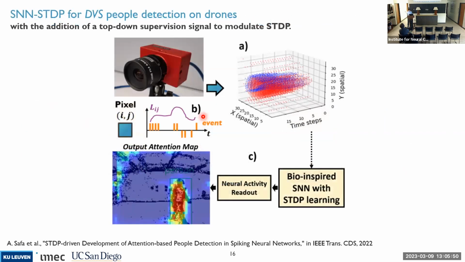So first, let's address the people detection approach that we adopted with SNN SCDP. This is the blueprint of our system, really. We have event data coming into this SNN SCDP system, followed by a neural activity readout. So it is a bit the same as the linear SVM that I showed you for the classification. So we need this activity readout plane. Here it will be different. We have sigmoidal neurons. And the whole architecture is convolutional, and therefore it takes an image in and produces a map out, and this map is in fact an attention map. We learn to do this kind of attention.